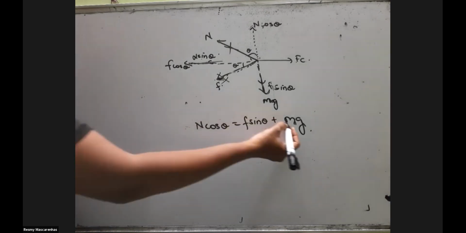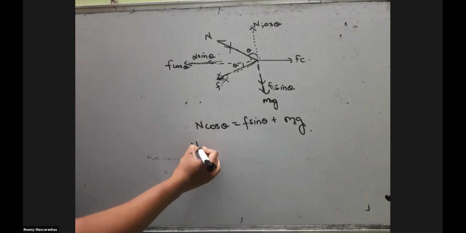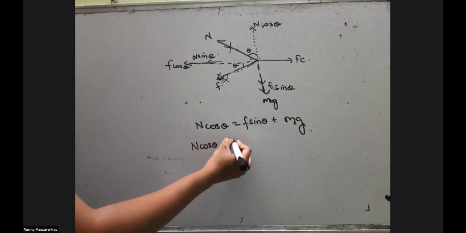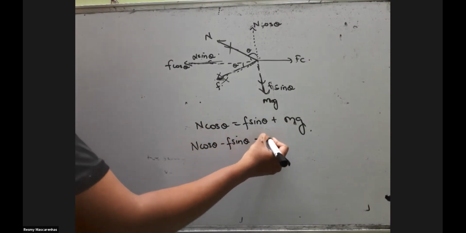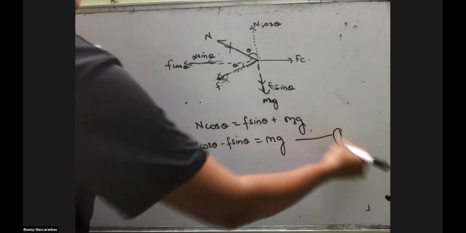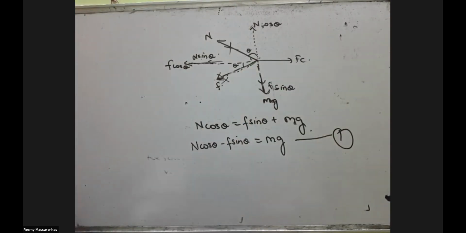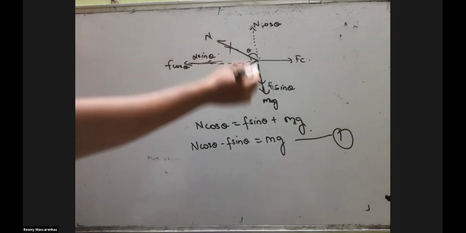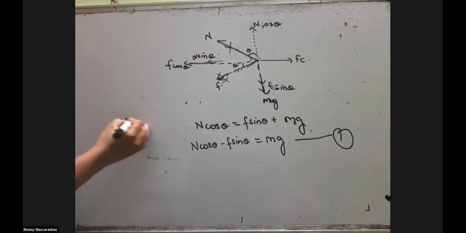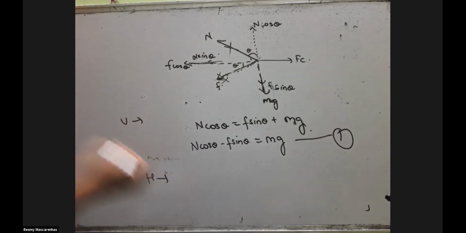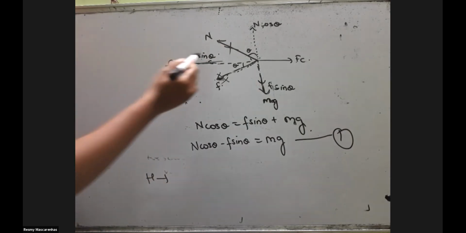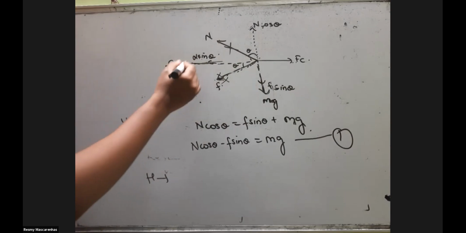Okay, so what will be mg? You can just bring it this side. N cos theta minus F sin theta will be equal to mg. You can mark this as equation 1. This is where we equated our vertical forces. Now we see our horizontal forces. So which all are there? These two and this one. So this plus this